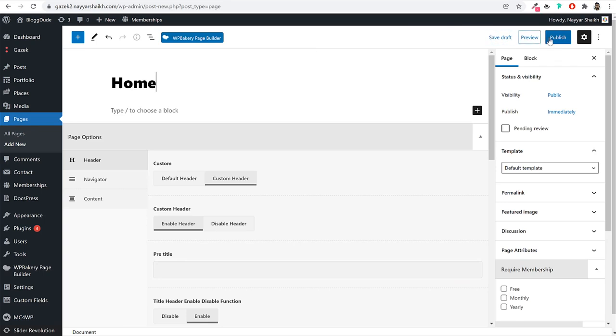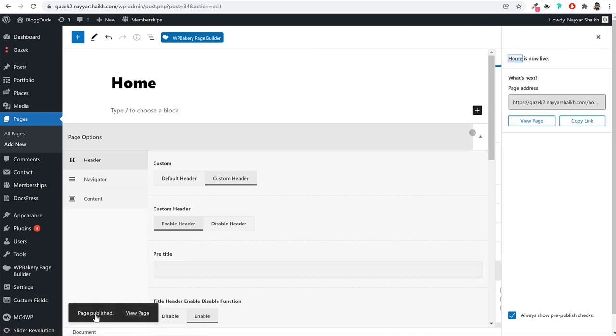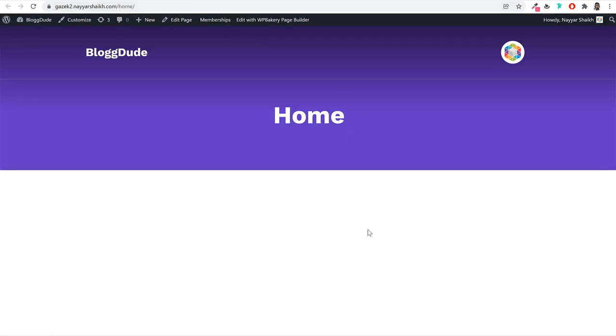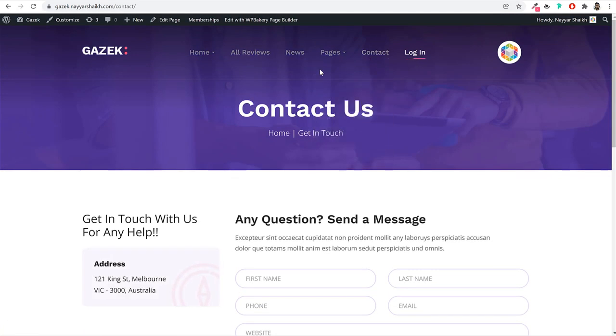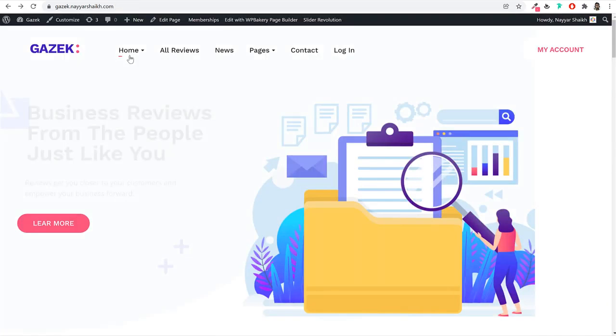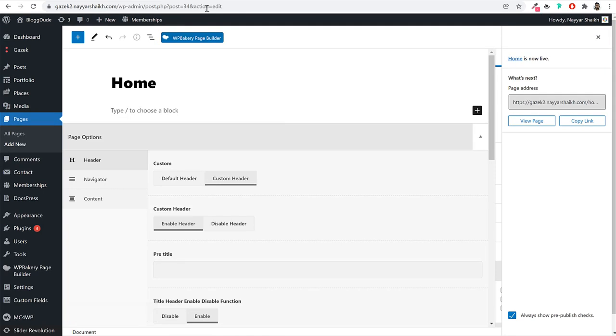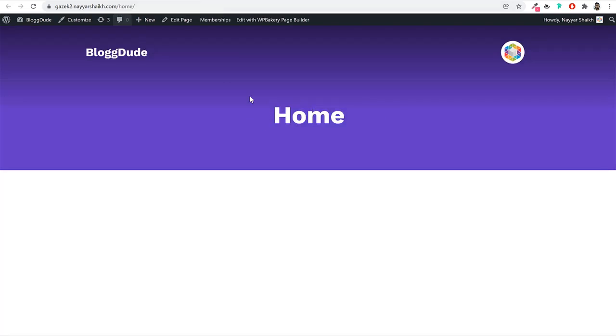Now if you just go ahead and publish this page, and open this in a new tab, let's see how it looks. So as you can see, this is the default style of the home page. We have a big header over here, we have a big title and everything. We don't want this style, and also the menu style is different. If you go to the contact page, this is the header style and menu style. We want a different header style and menu style for the home page. Also, we don't want this title, and for that we'll have to do a few